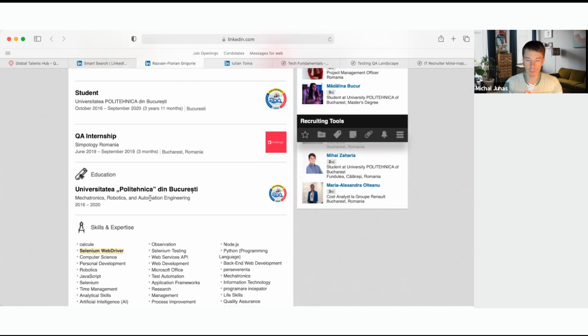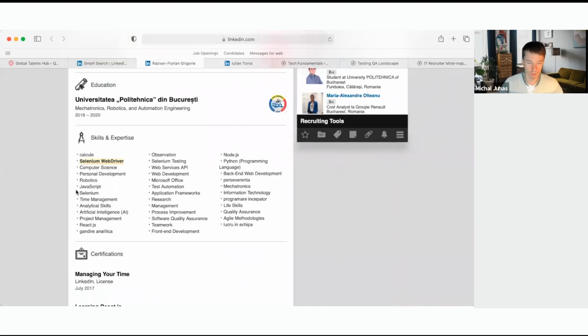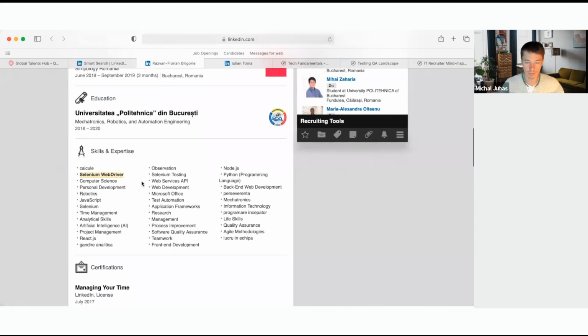automation, but it doesn't have to be quality assurance or test automation. It actually seems like he studied robotics and this kind of other automation, so not test automation. So let's not get too fixed on the word automation. It could be Industry 4.0 automation or Internet of Things, like anything, right, in this sense. And he has experience with React, with Node.js, so also JavaScript, right, which they use, also Selenium they use, and